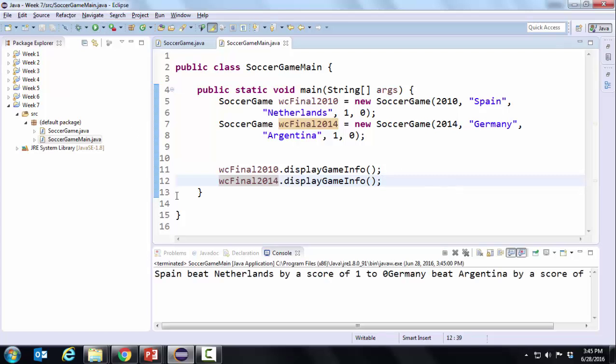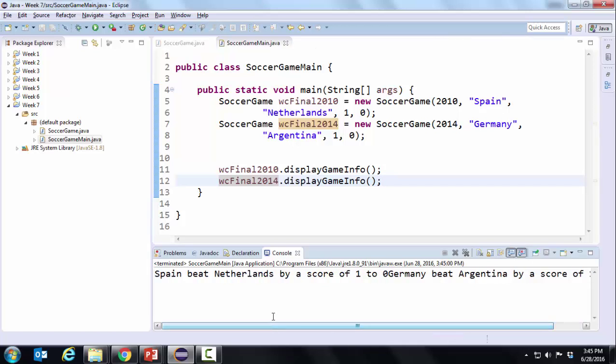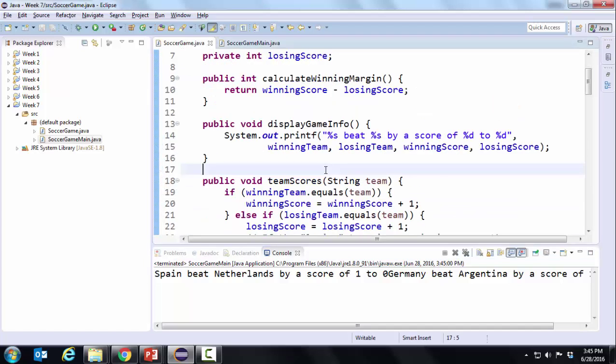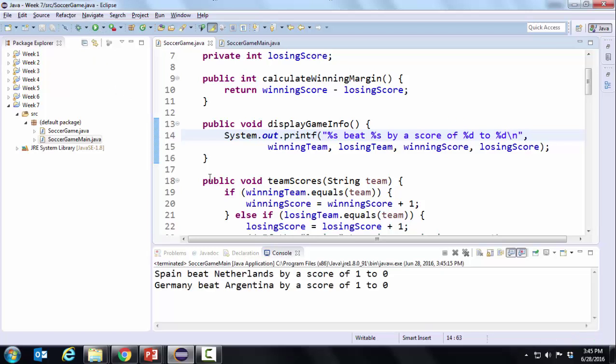I'll click run, and I've actually got a bit of a bug here. I always forget that new line character. This is in the displayGameInfo method, so I'm going to just jump over there and add the new line character, run the program again, and I've solved it. Spain beat Netherlands by a score of 1-0. Germany beat Argentina by a score of 1-0. If I want to change what's displayed for all of the games, I just change the displayGameInfo method here,